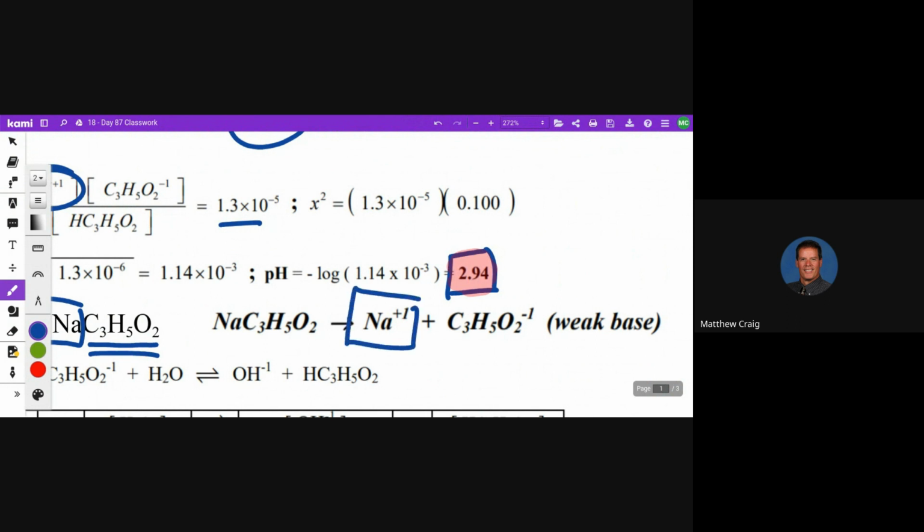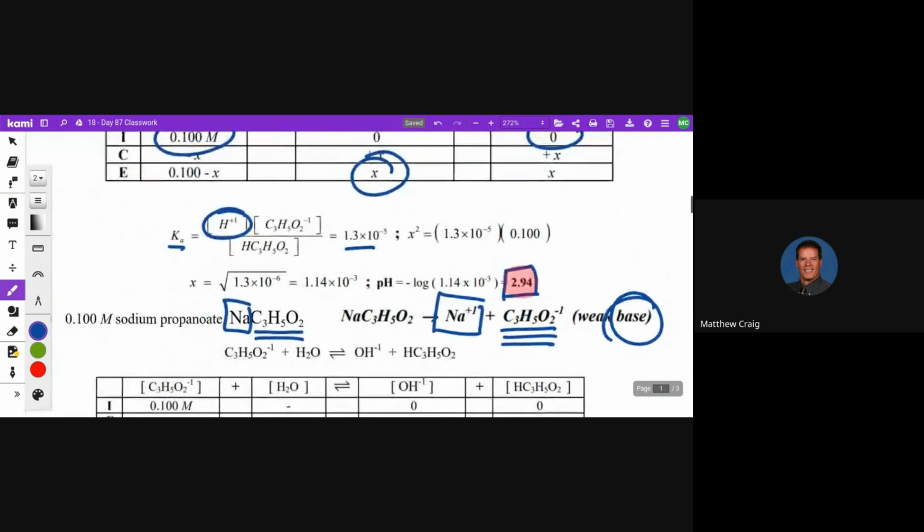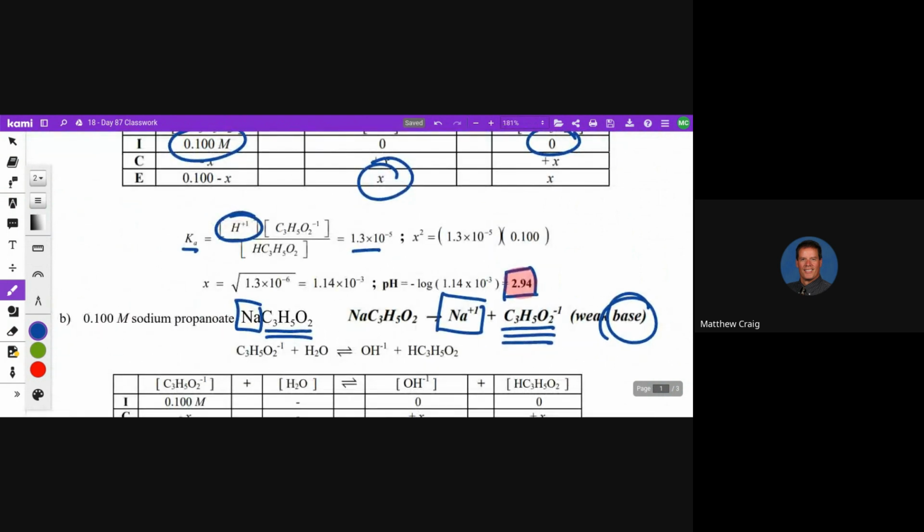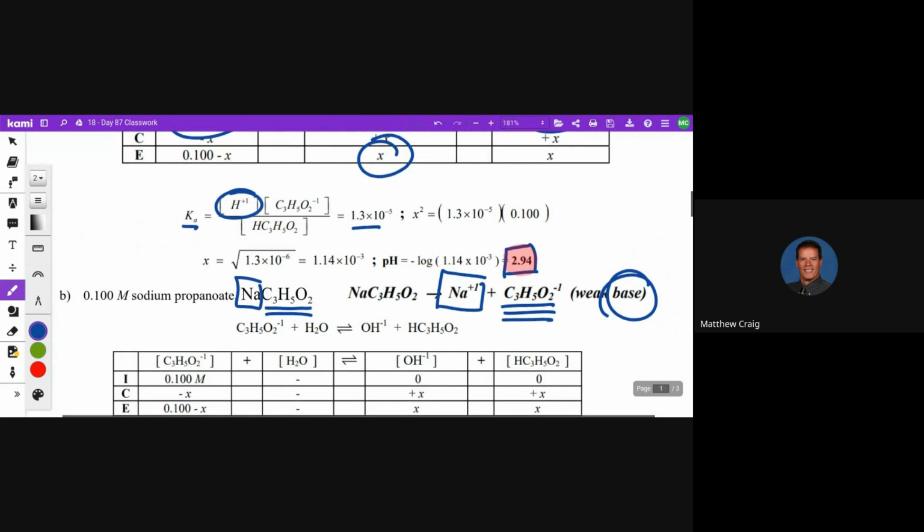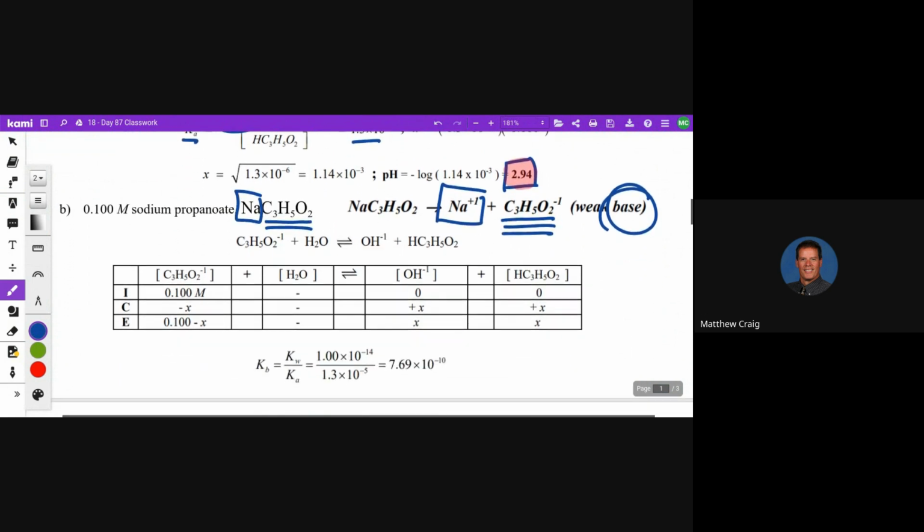Remember, conjugates of strong don't do anything. However, this is a conjugate of a weak acid, and conjugates of weak acids behave as a base. And so we would expect this salt to cause the water to become more basic when we dissolve it in pure water. So with that